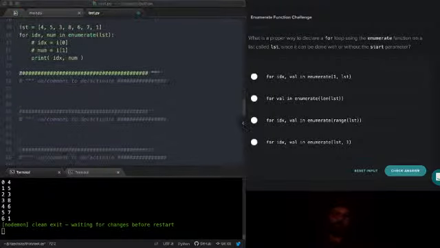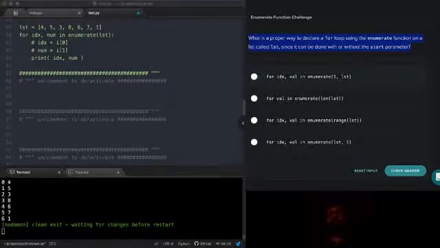Okay, cool. On to the challenges. What's the proper way to declare a for loop using the enumerate function on a list called list, since it can be done with or without a start parameter? Okay, so for idx and val in enumerate(1, list). So enumerate takes either 1 or 2 arguments.